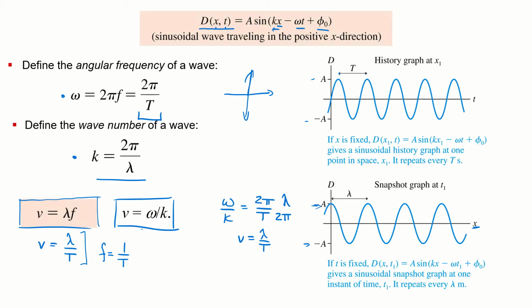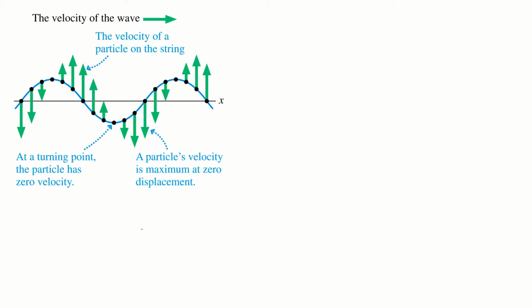Now, one thing we didn't really mention is if we consider that wave on a string, we can think about how the medium versus the wave is actually moving, right? If we have this string and there's a wave traveling on it, moving in this direction, that displacement, this shape, is traveling to the right. But if we look at any point on that string, it's not moving left or right, it's moving up or down, right? If you take a rope or a string and start shaking it, the string doesn't move left or right. The string moves up and down, but the shape of it, that displacement, moves right.